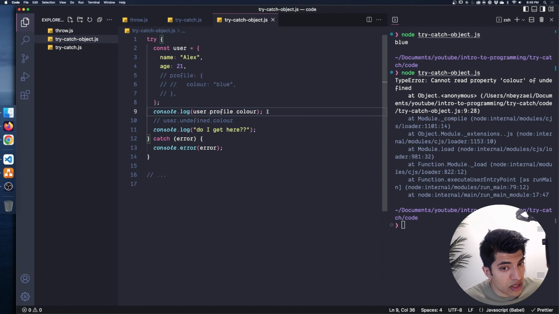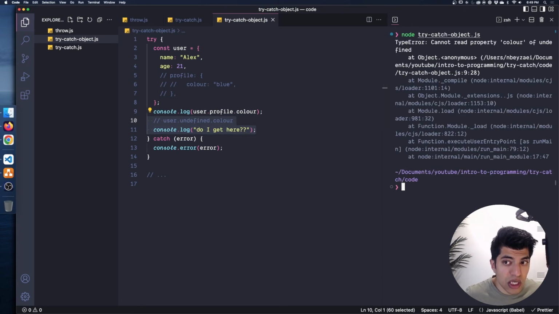What that's going to cause JavaScript to do is look for the catch block immediately, very similar to a break statement in loops. We're not ever going to reach any code down here, like lines 10 and 11, inside of this try block. All right, so just to demonstrate that to you, if we look at this, we can see that we just get that error printed out, which is a type error, cannot read